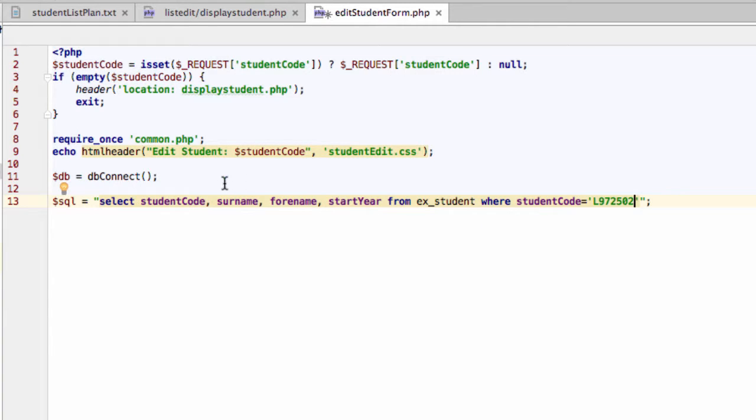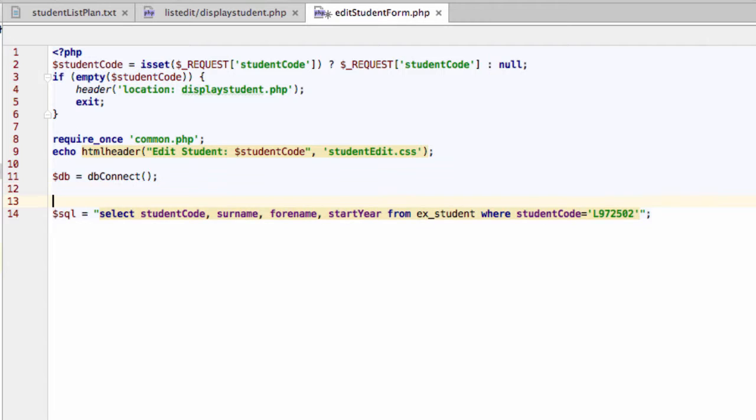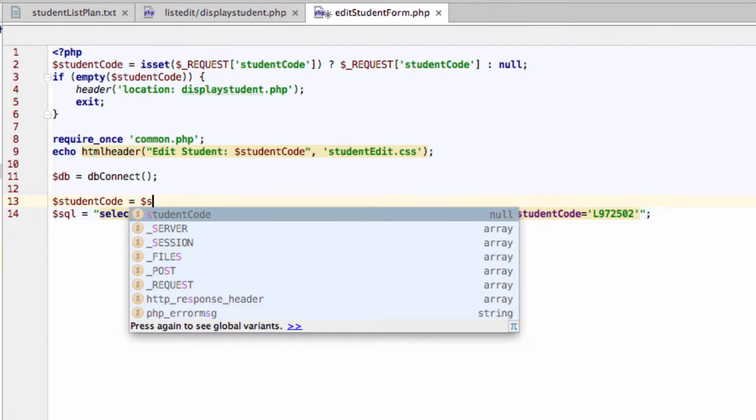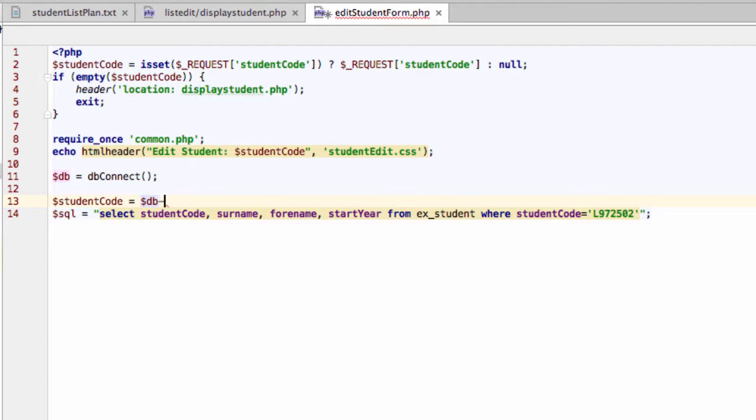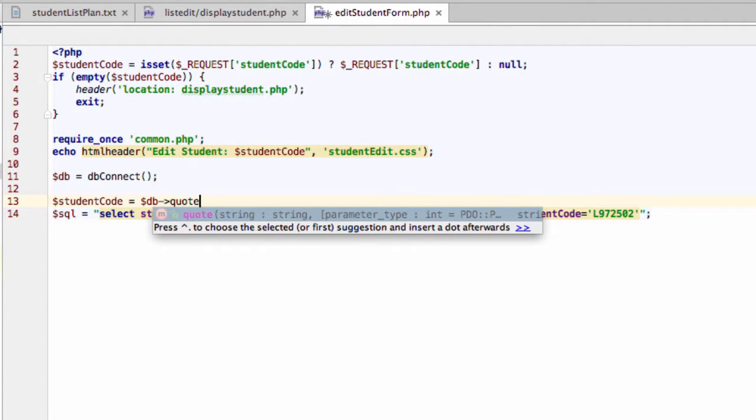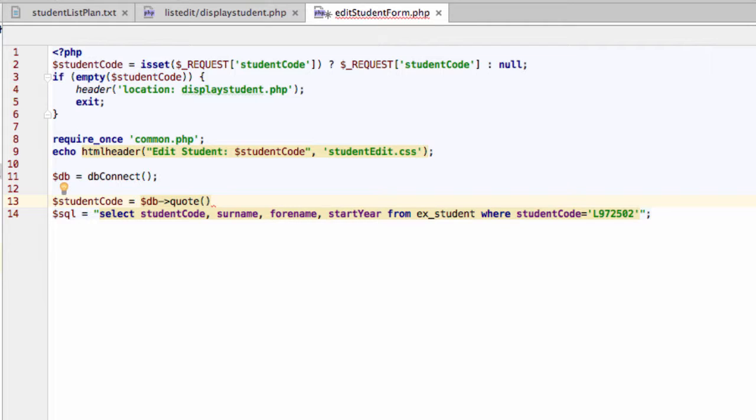Okay, now we looked at this in the last video, that what I want to do is I don't want to use anything just directly from the request stream because it might contain anything. So what I'm going to use is at least that idea of using db quote,